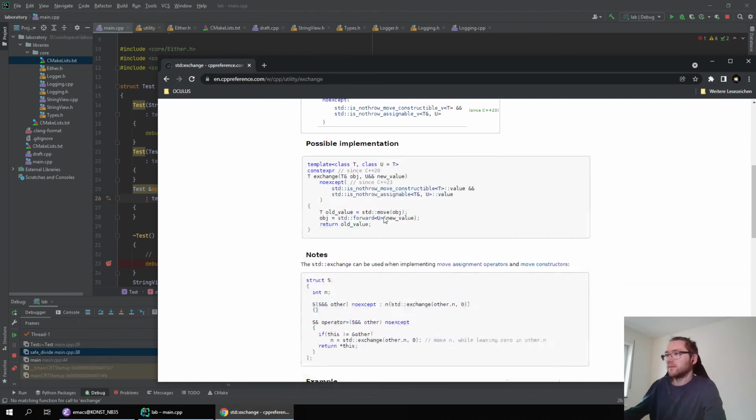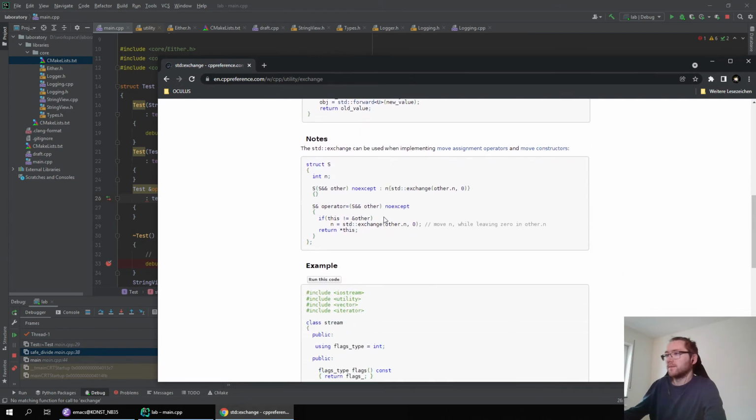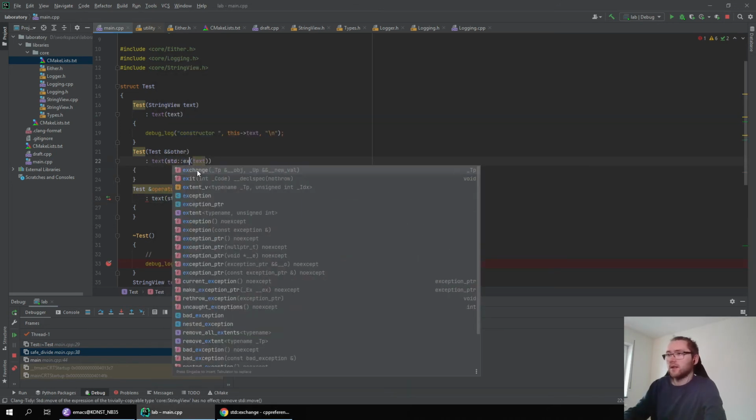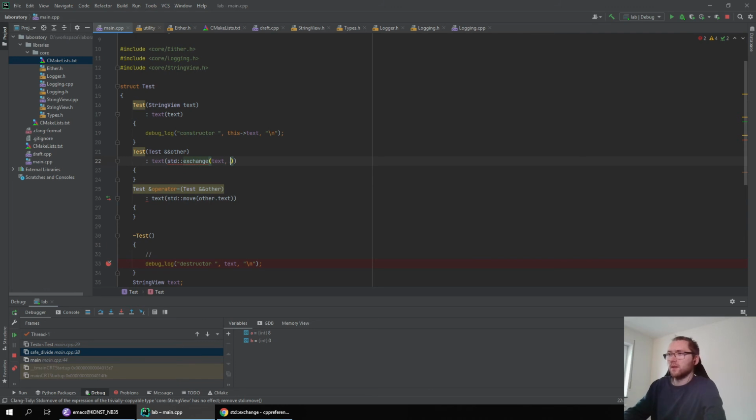So how to do this? In this case, the example is just moving using std::exchange. Okay. So just to be sure, change it by an empty string view, by an empty test, the other one. Okay, get it.